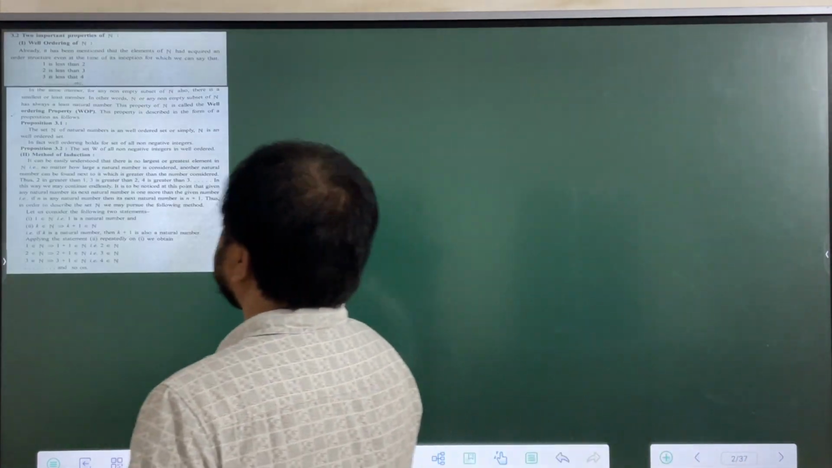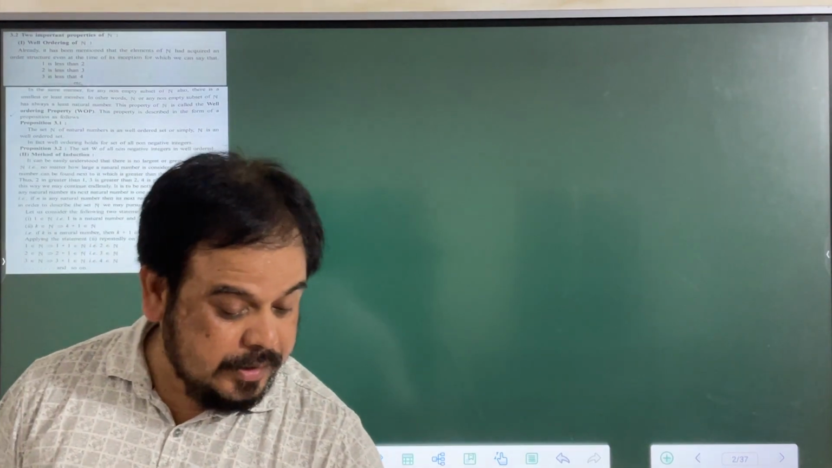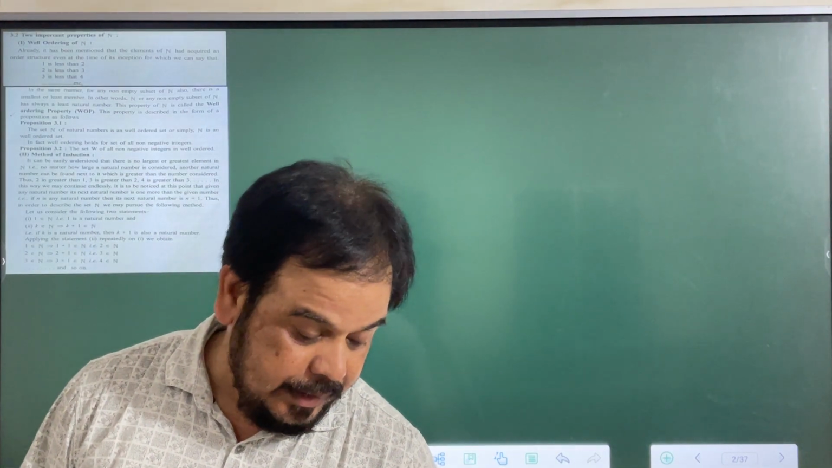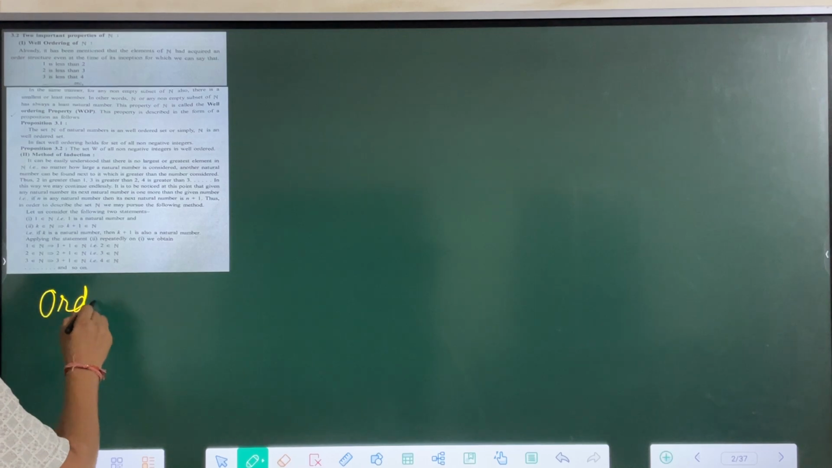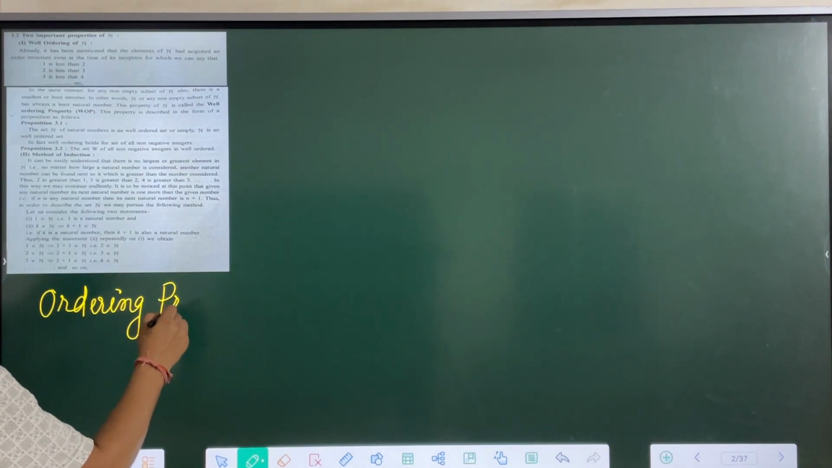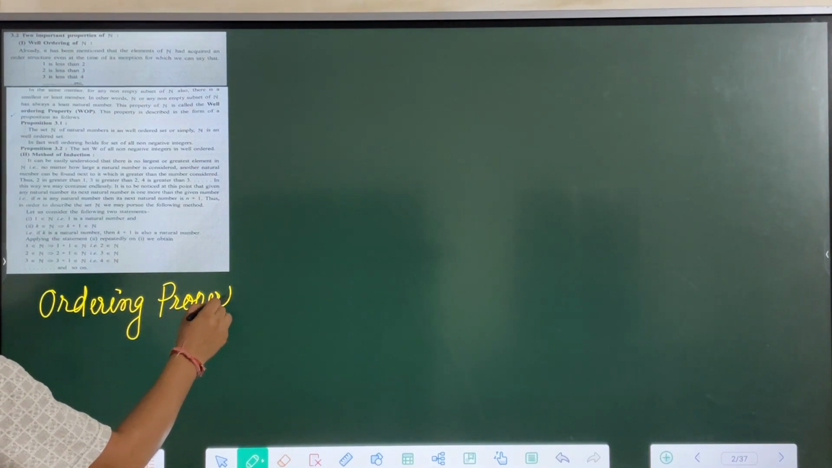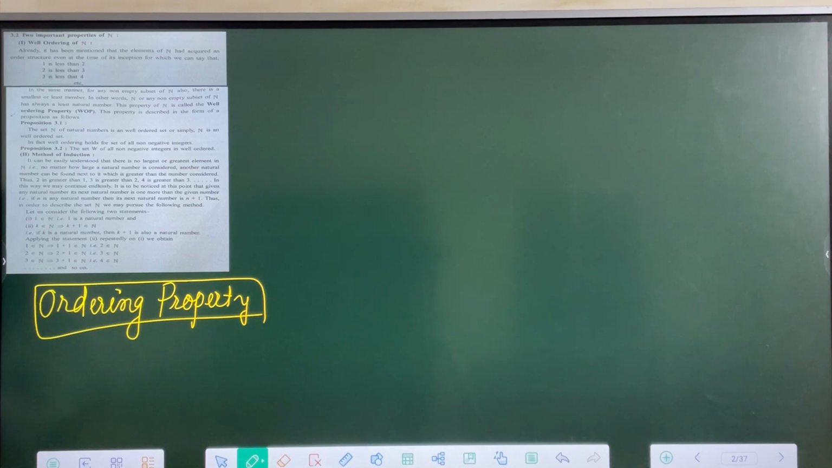Okay. Now 3.2, that is page number 99. So there is one term written: ordering property. So this is a term, we just remember the word, the term. What is the meaning of this ordering property? What I have told already in the previous